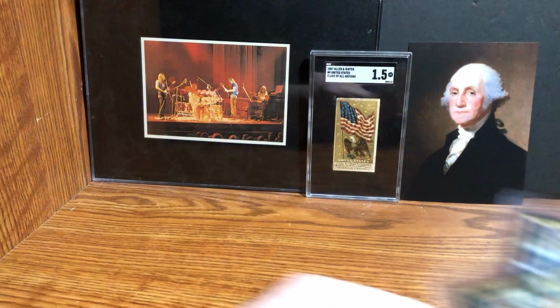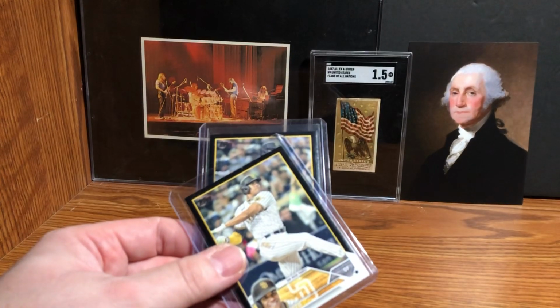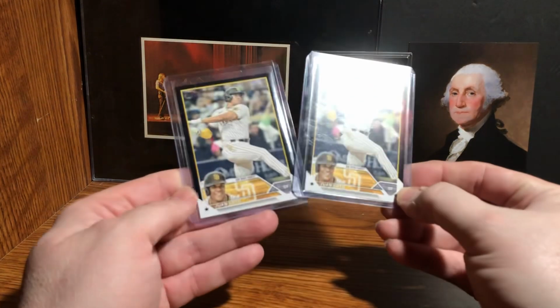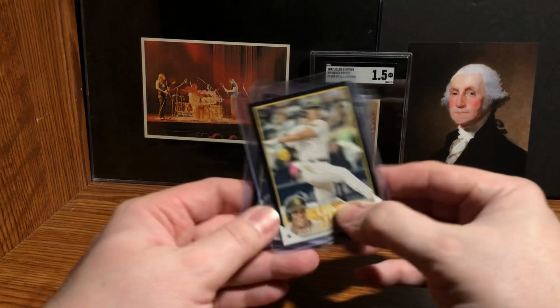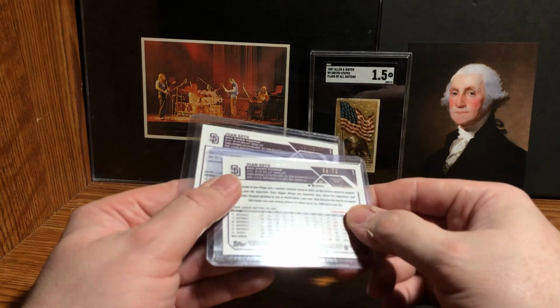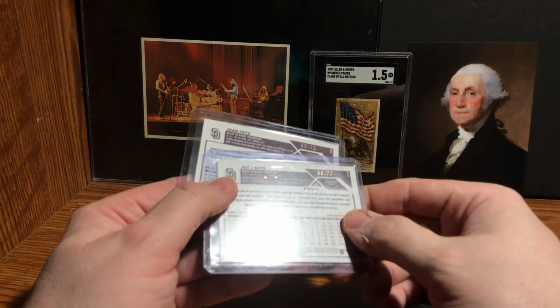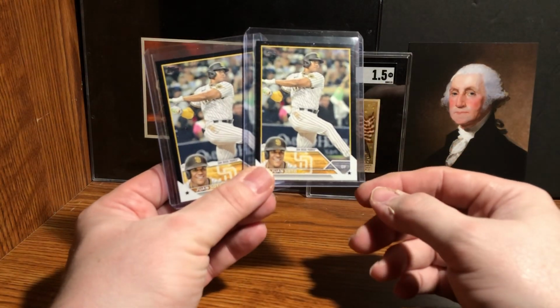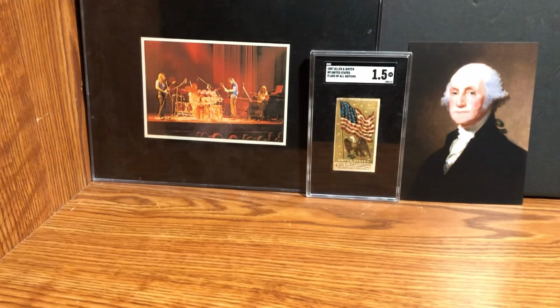I also picked up, getting out of order, but a couple Juan Sotos. Card number 1 from last year's set. 59 of 72 and 69 of 72. So they'll be slabbed up. Those Topps Blacks are pretty much definite slab ups. Unless the price, I can't imagine that CGC is going to charge more than they did last year. That would be